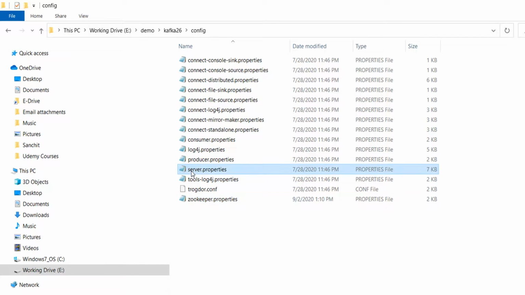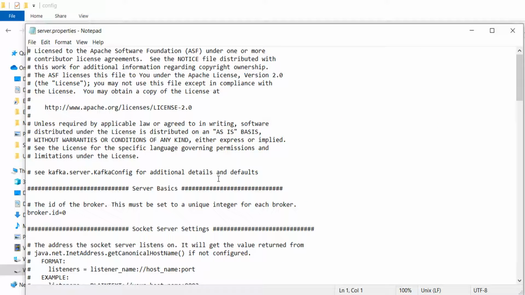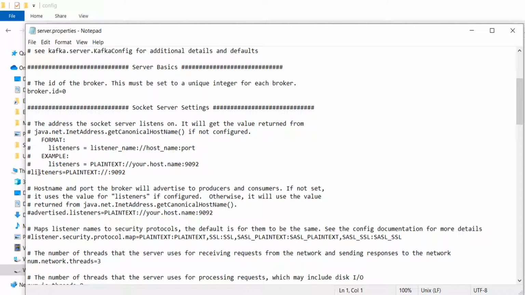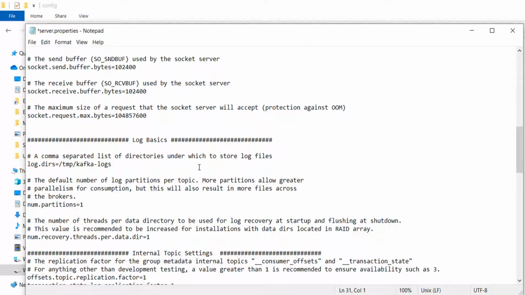Now we'll modify the server.properties file. This one is a bigger file, and most of the default values are good enough to start a Kafka server on a local machine. However, I want to make some changes. The first change is to uncomment the listener's port configuration. You can even leave it commented, and the default port is always 9092. However, I wanted to uncomment it. Rest all remains the same, and we scroll down to the log.dirs configuration. This configuration sets the Kafka data directory. Same as Zookeeper, I want to change this one also and make it something like this.